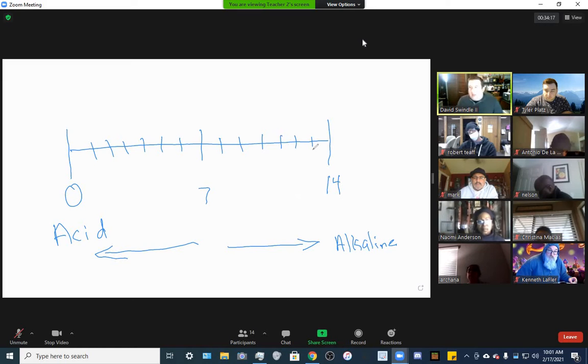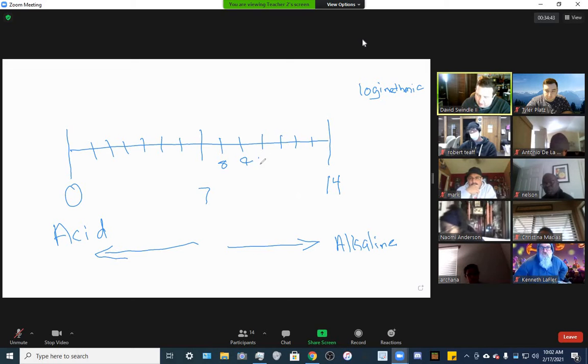This is what makes this really interesting, is how much stronger products are. Because the pH scale is, and this is a math term, logarithmic. What that means is each time I go up in the scale or down, the difference between 7 and 8 pH is 10 times stronger. So, Christina, you were dealing with algebra today, right?